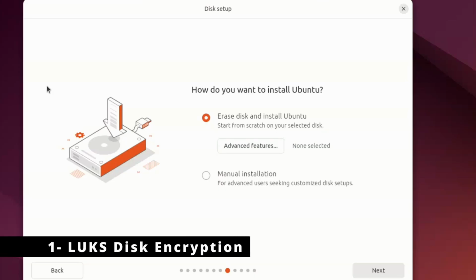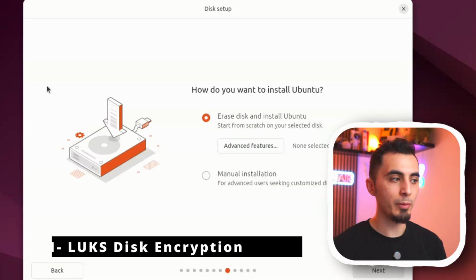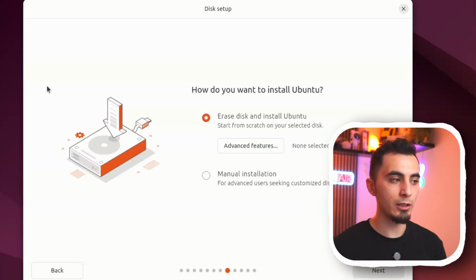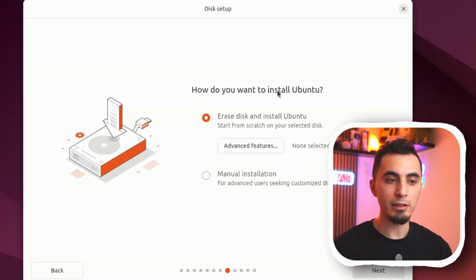First up is physical security. So if someone steals your laptop and you didn't use locks or full disk encryption during setup, your password means nothing. They can just connect your disk to another PC and see your data. The only way to fix this is during installation. Here I'm using Ubuntu and I will show you how to do that.